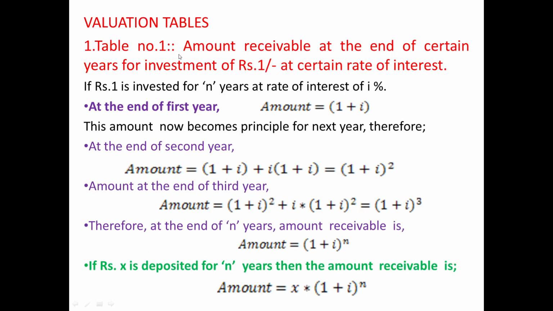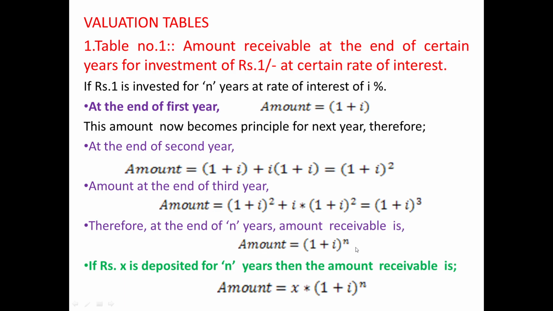Now there are some valuation tables. In brief we will discuss that. Valuation table 1 indicates that ₹1 is deposited initially, and for a certain period of n years, how much amount it shall accumulate. So just go through it. If we deposit ₹1 at the start, after n years the amount will become (1 plus i) to the power n. And instead of ₹1, if we deposit ₹x for n number of years as a fixed deposit amount, then after n years the amount will accumulate as x into (1 plus i) to the power n.